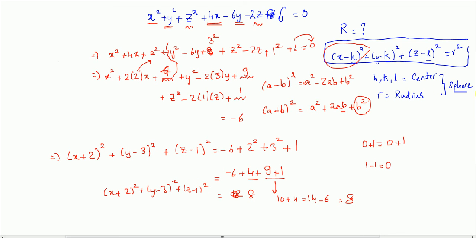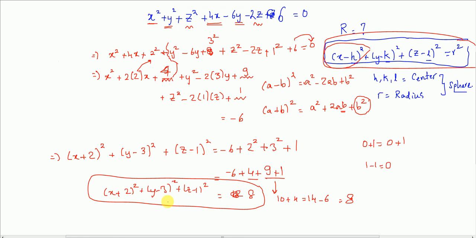Okay, when I compare this with the formula, what can you tell me? You can tell me the center of the sphere is h, k, l: h is equal to minus 2, k is equal to 3, and the radius is equal to